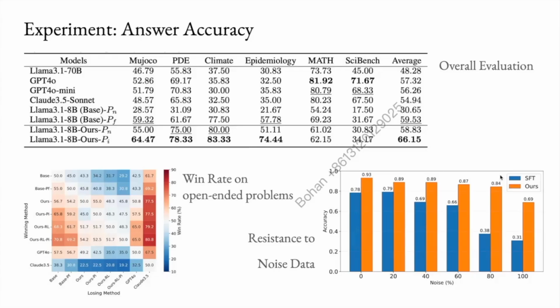We also evaluate our methods along with baselines on open-ended questions. We show our result with win rate because for open-ended questions, there's not a definite correct or wrong. In the win rate figure, we can see that the RL model further surpasses the SFT model, which shows the effectiveness of the preference optimization method.